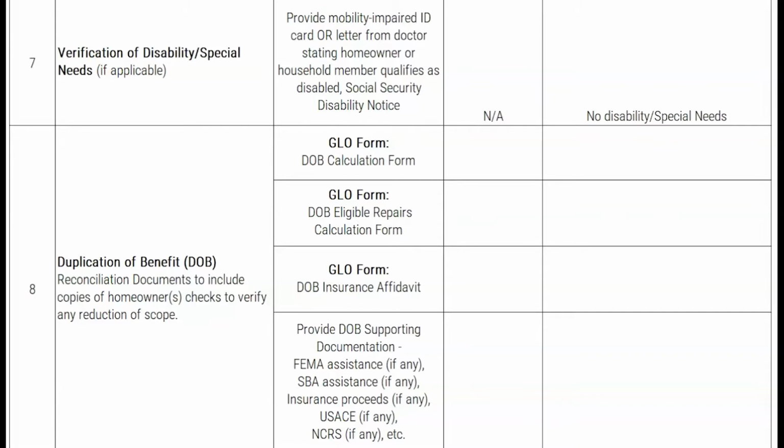Eligible supporting documentation includes invoices and payments, proof of payment, inspection report that demonstrates damages before and after repair, before and after repair photos, self-certification statement of repairs. All supporting documentation for expenses should be written in a legible manner on the DOB Eligible Repairs Calculation Form so